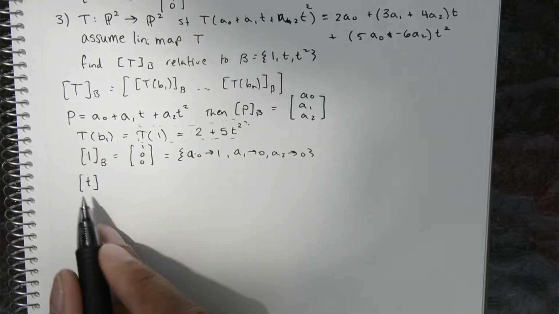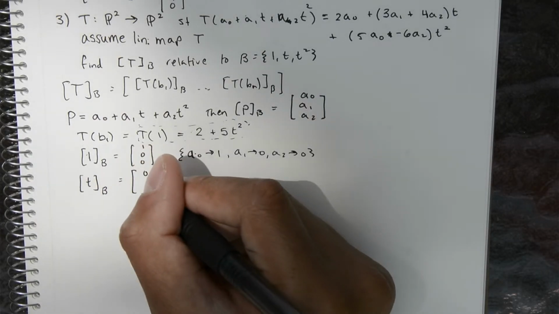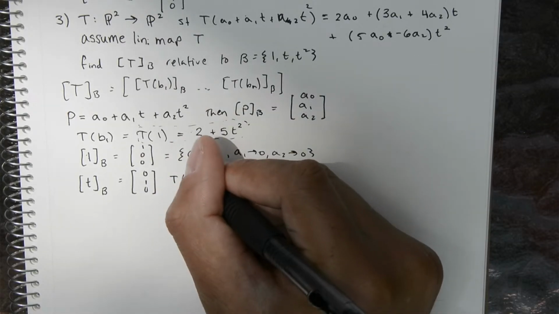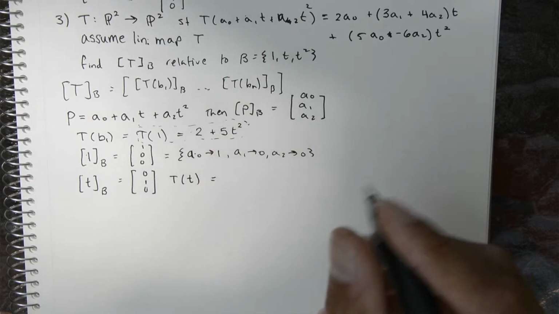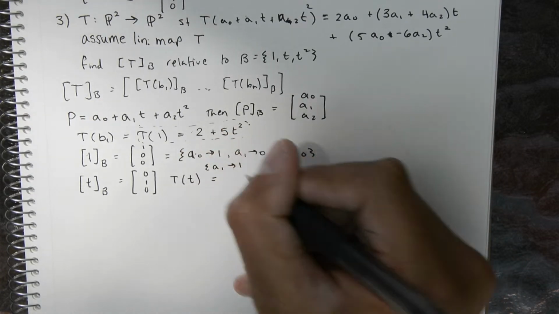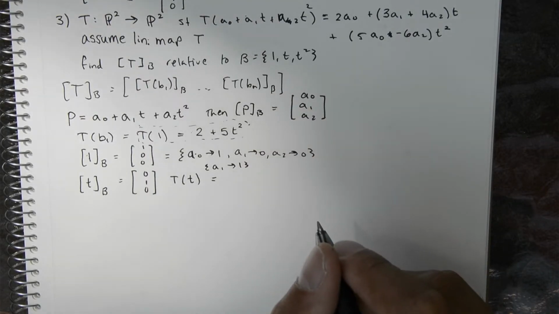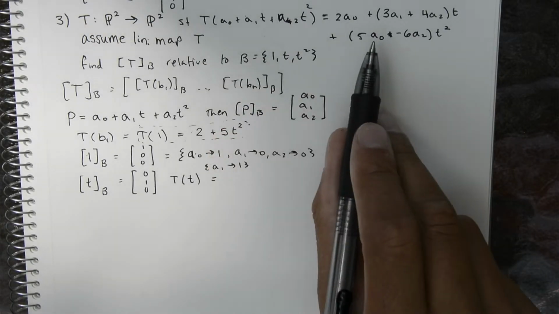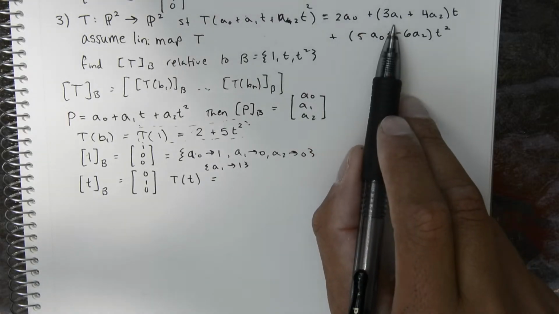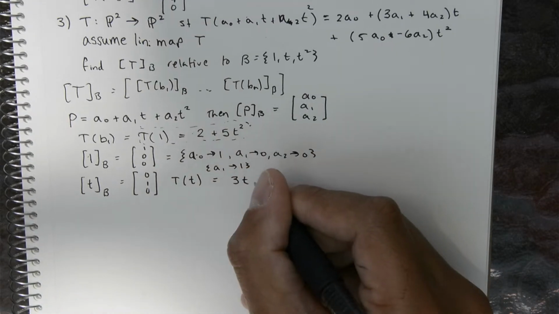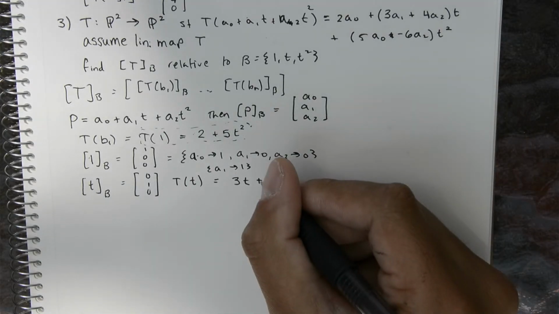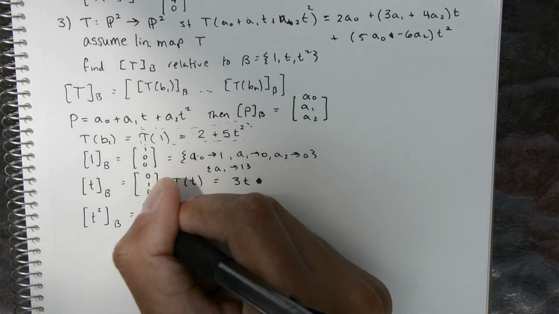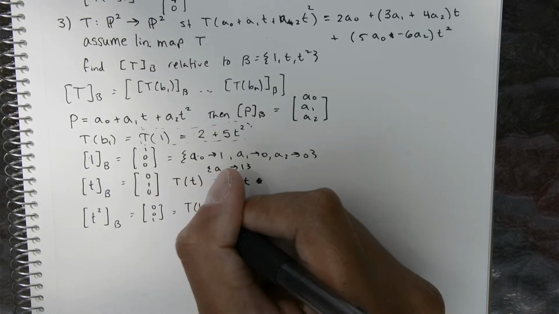Then t, the second basis element relative to b, is going to be the column vector 0, 1, 0, right? So now T of the polynomial t is equal to, and this is the rule where a1 goes to 1 and everything else goes to 0. And that means that this becomes 0, so we're going to get 3t. And then finally, t squared relative to b is equal to 0, 0, 1, and T of t squared is equal to